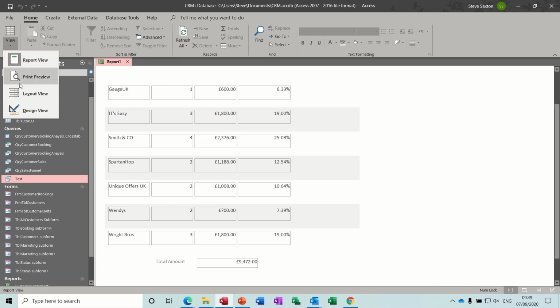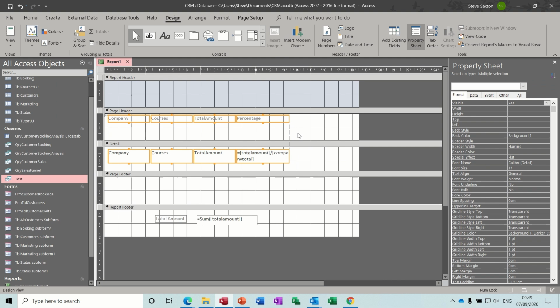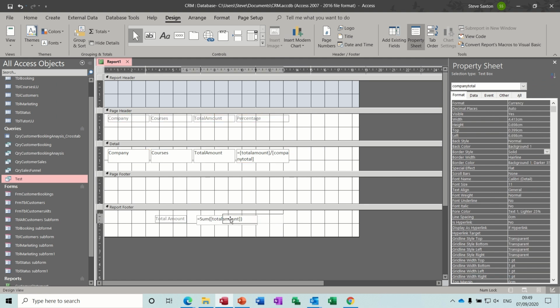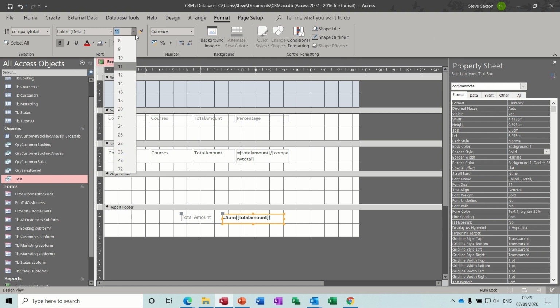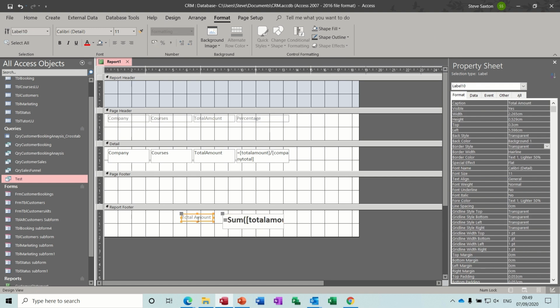Back into design. I don't want these boxes, so let's border style transparent. This needs to come across a little bit, and maybe I can make that bold and change the font slightly to a bigger size because it's company totals. Just make the box a little bit bigger, and same with that. Make it 18 and bold, make it bigger,